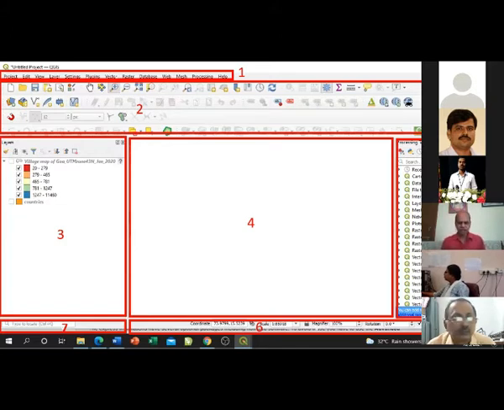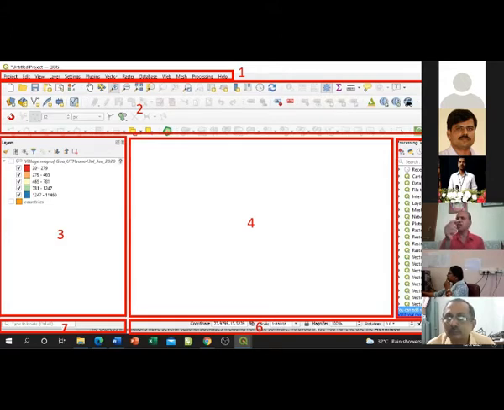Then the sixth one is basically the taskbar or status bar. This is going to give you a lot of information about the map which is there on the canvas, and the map's coordinate system, if it is georeferenced. If it is not georeferenced, then it gives information about the columns and rows of the pixels on the screen.